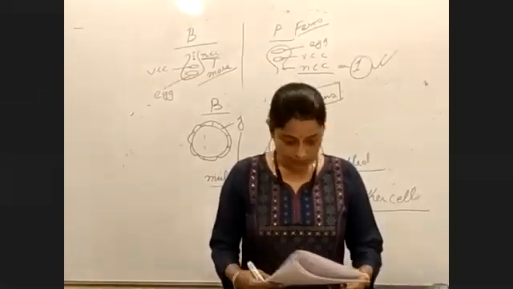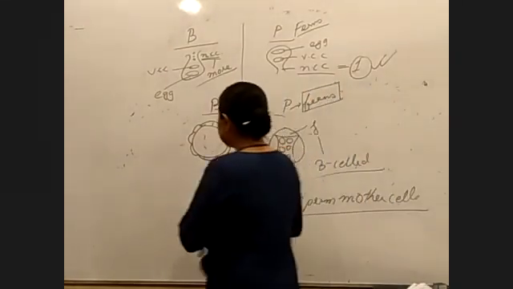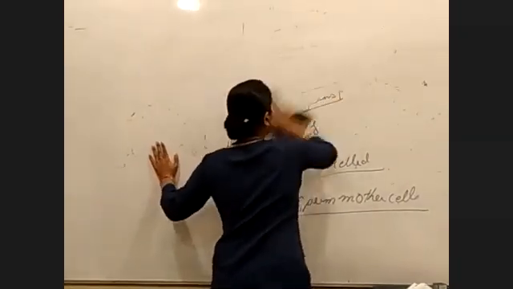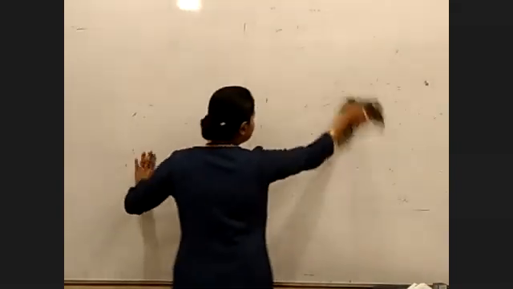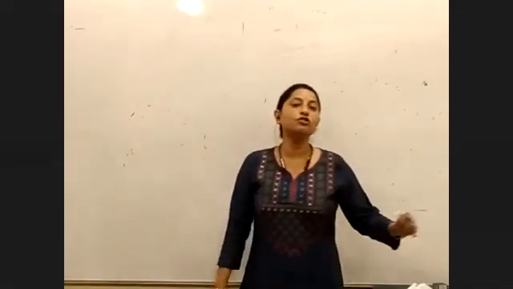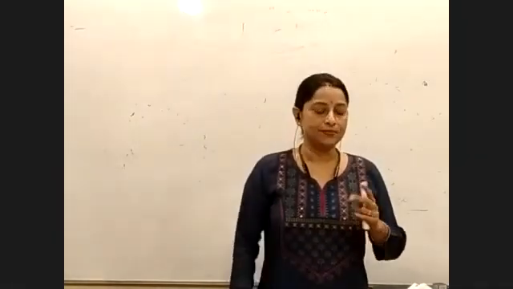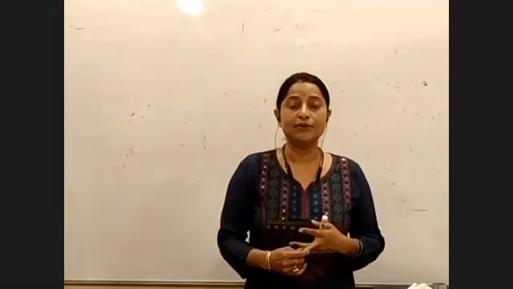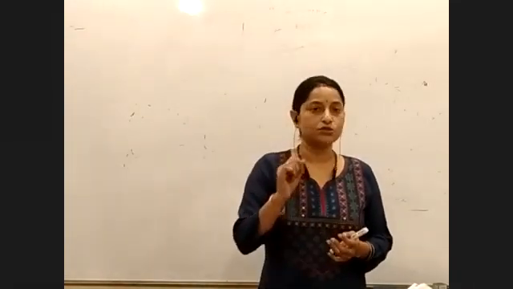Okay. As I said, we have to talk about two examples in detail. One is the fern and the other is Selaginella. Some of the points of Selaginella we have already covered in our last class. Selaginella is an example of a heterosporous pteridophyte. Second, in case of Selaginella, what type of leaf do you see? Microphyllous? Megaphyllous? It is always microphyllous, or small leaves.